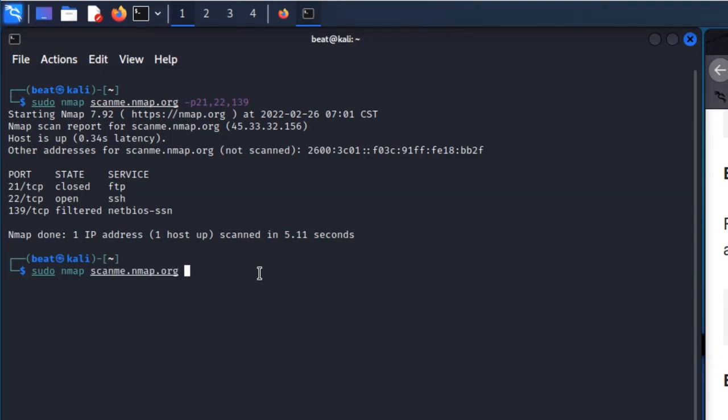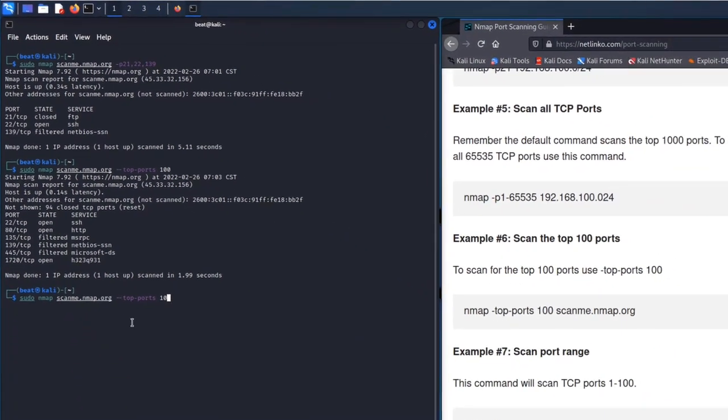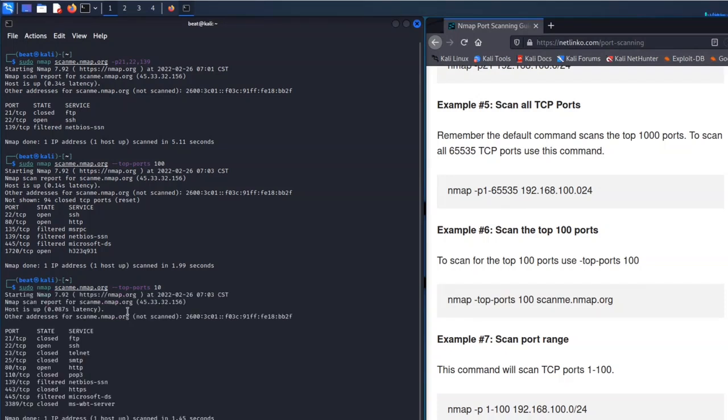Scan.nmap.org. That does the top 1,000. Maybe you wanted to do the top 100. You can do --top-ports, and then whatever number you want to do. So top 100 ports. And maybe you want to do the top 10. So really easy to use. Just specify --top-ports. So that covers